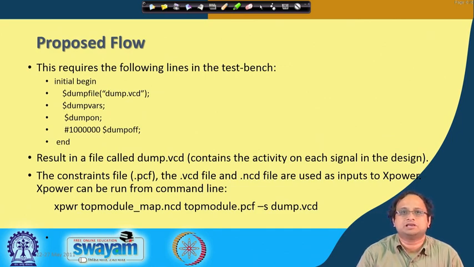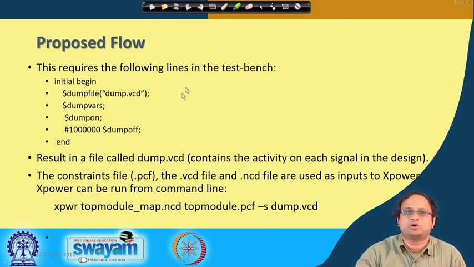The VCD file contains the activity of each and every signal inside your design. So it contains the switching of your design. You can try to understand that the VCD file measures the power consumption of the design, because there are switchings which are happening and those switchings are recorded in the .vcd file. These are some commands which may work to dump the .vcd file, and once you have this file, which contains the activity, you have a measure of the switching activity, which is a measure of the dynamic power of your circuit.